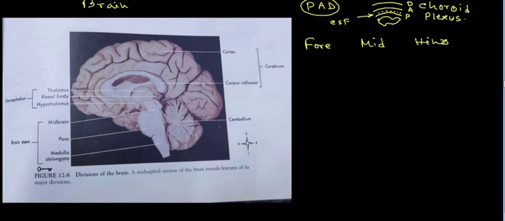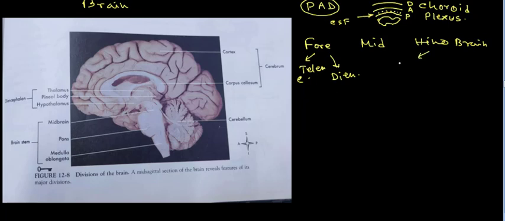Okay, so these are the three different parts of the brain: the forebrain, midbrain, and the hindbrain. The forebrain has two regions, the telencephalon and the diencephalon. The telencephalon and the diencephalon are the two most important parts of the forebrain, and the hindbrain consists